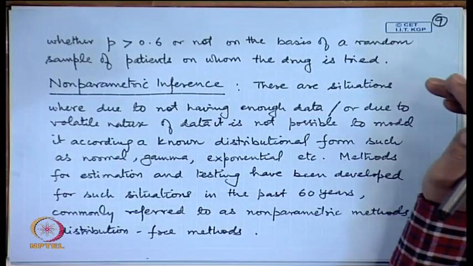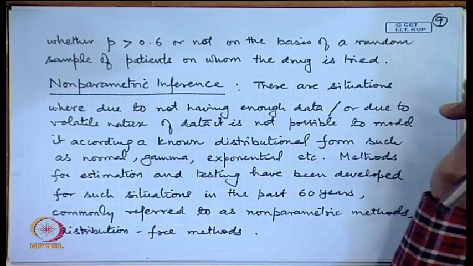Therefore, appropriate known probability models are not suitable to fit that distribution. Such situations are considered by statisticians over the years, and they have developed methods for estimation and testing, etcetera. These are called popularly non-parametric methods or parameter free methods or distribution free methods,